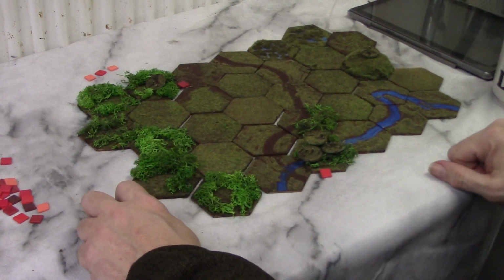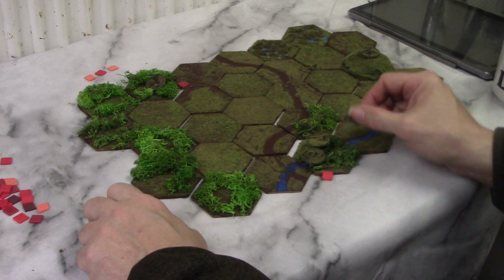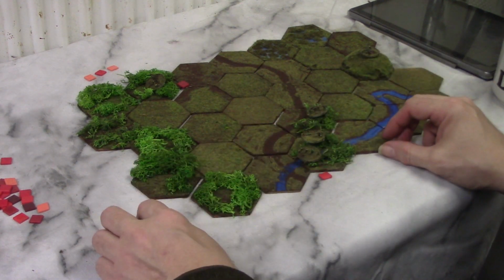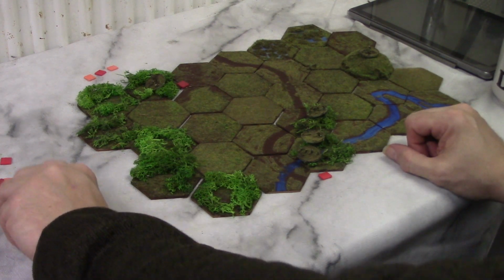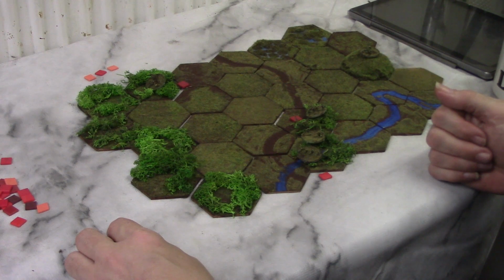Okay, so next turn I'm going to push that section forward into there, and that's the only action I take. Keep the platoon commander there, I think, for the minute. So